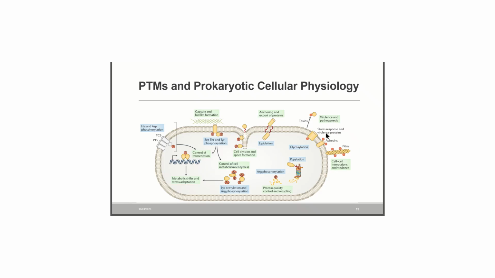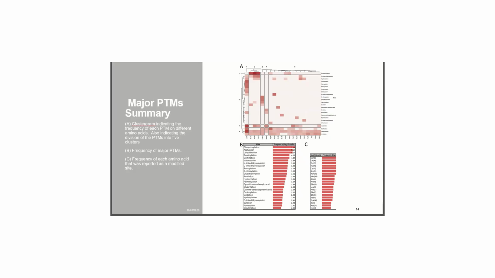Virulence and pathogenesis, this is the overall function of the bacterial cells. So the post-translation modification is important for these three regulatory mechanisms: metabolic adaptation, stress responses, and virulence mechanisms. That is different types of virulence mechanisms, and this helps the bacteria to rapidly respond to environmental changes and adapt to any environmental changes where it is dividing and increasing in number. So this is the major summary of